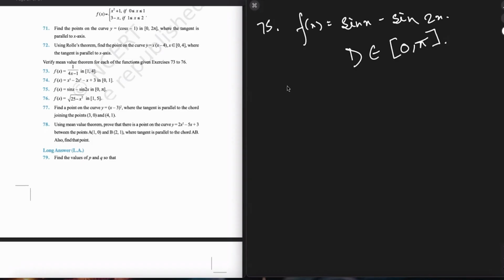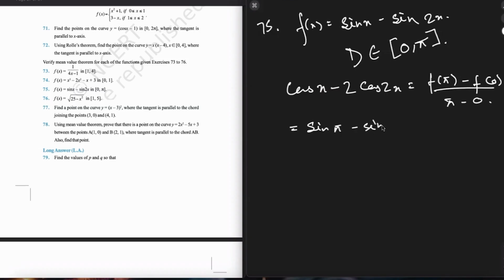f'(x) का अगर मैं लिखूं तो cos x माइनस 2 cos 2x. दिस इज इक्वल्स टू क्या होगा? f(पाई) माइनस f(0) पाई माइनस 0. ठीक है, तो